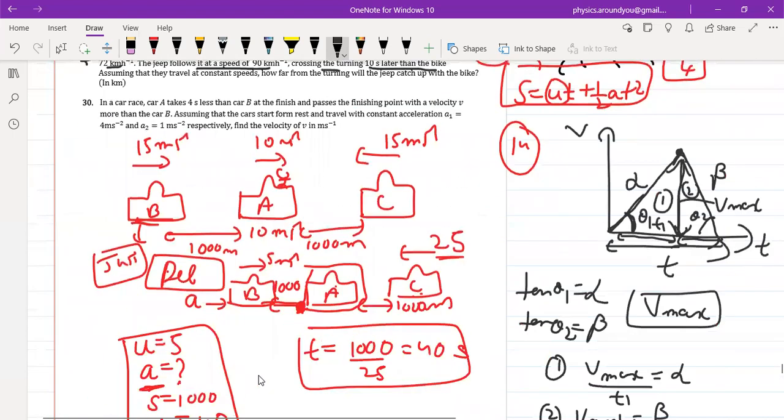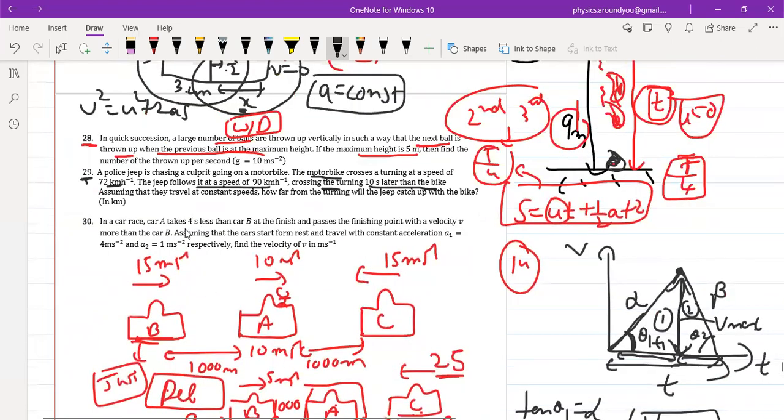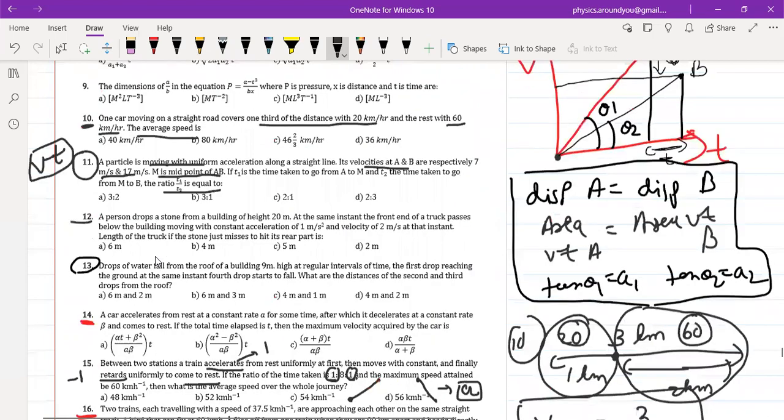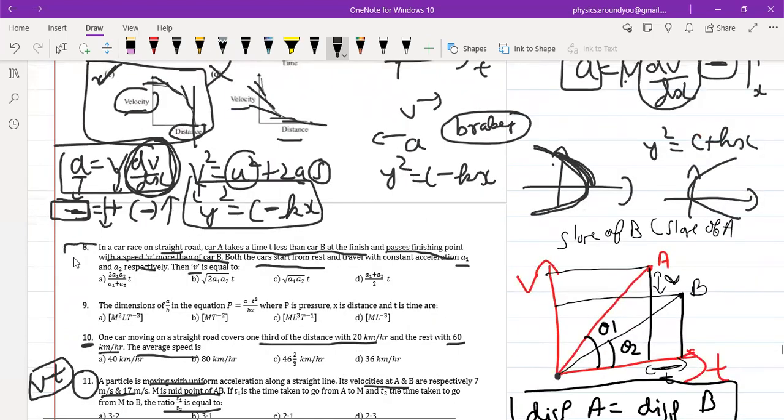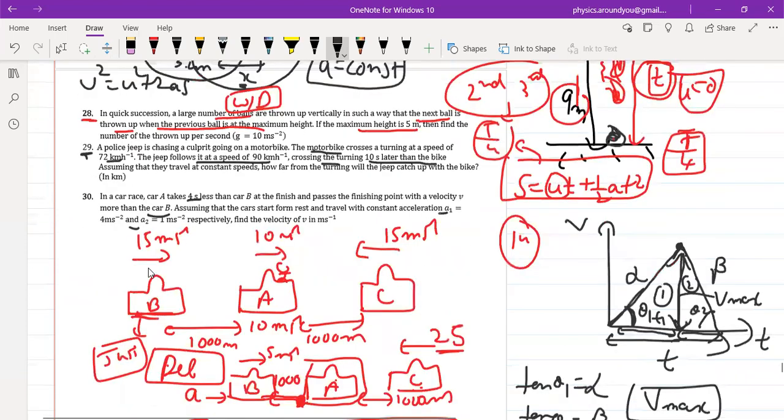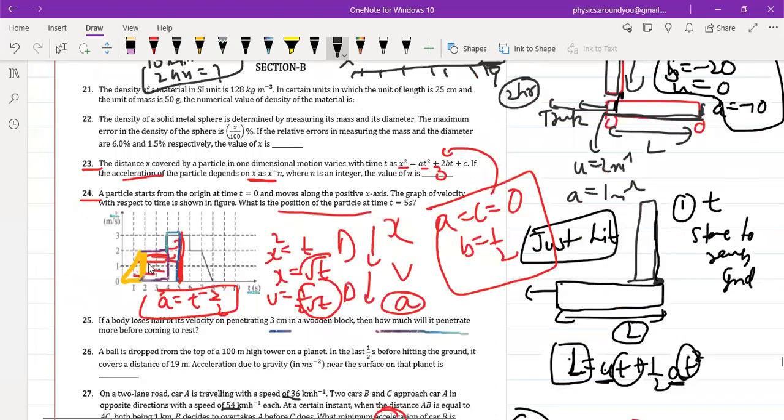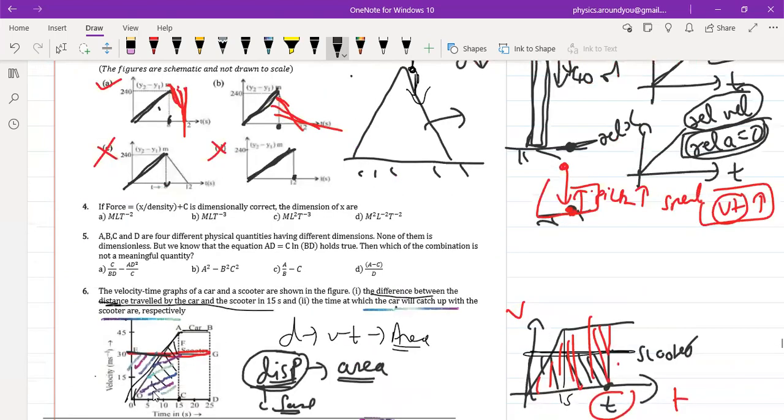Okay. Then what about the 30th one? If you notice, it is very similar to a previous question. Car A taking T less than car B and passing with V more than car B. A1 and A2 are given. Find B. So if we have solved question number 8 correctly, substitute the values of A1, A2 and T there, and you will get the answer to the 30th question. It's a rather lengthy paper in motion in 1D. If you aren't thorough with the subtleties involved in relative velocity, VT graphs, AT graphs, then it is quite